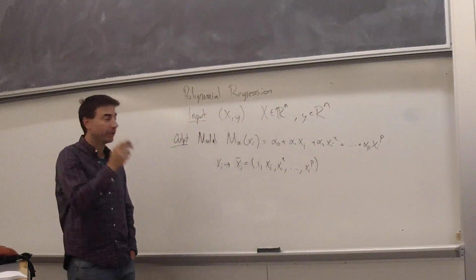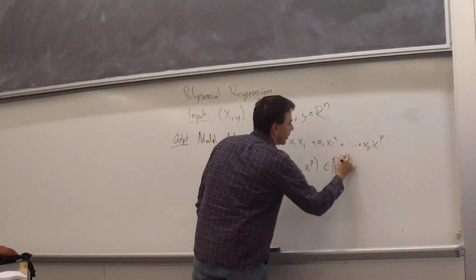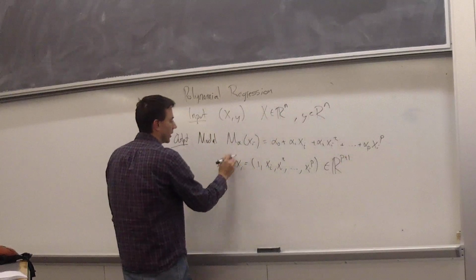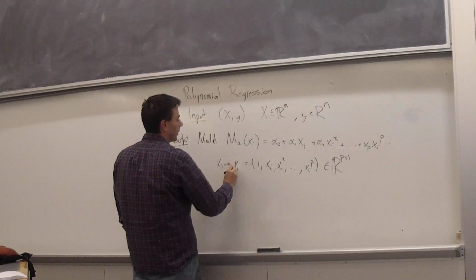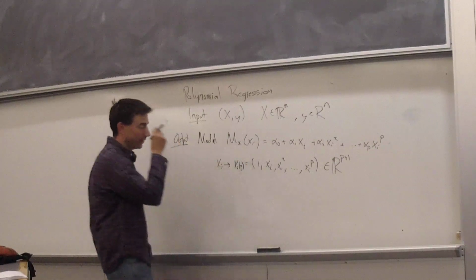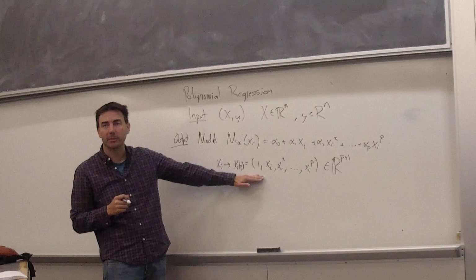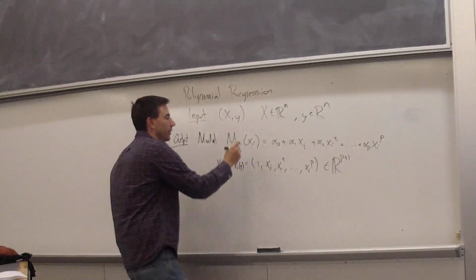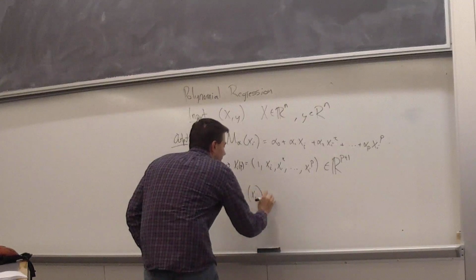So now I have a p plus 1 dimensional vector. Okay, what should I call this? I call this xi of p. So this turns into a p plus 1 dimensional vector, and now this model M alpha of xi is